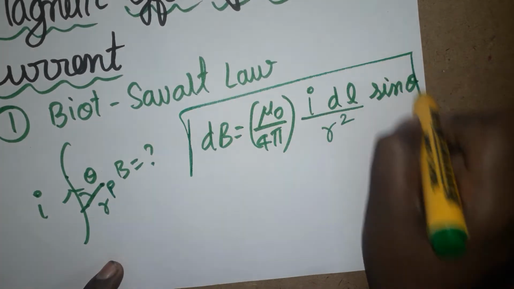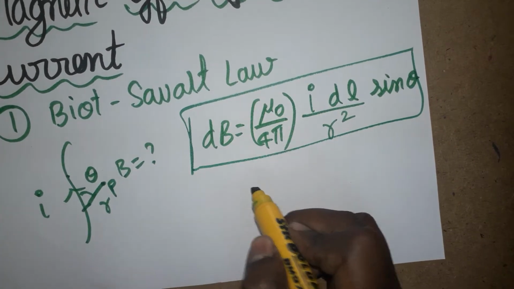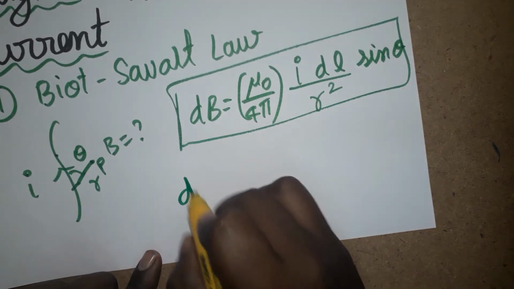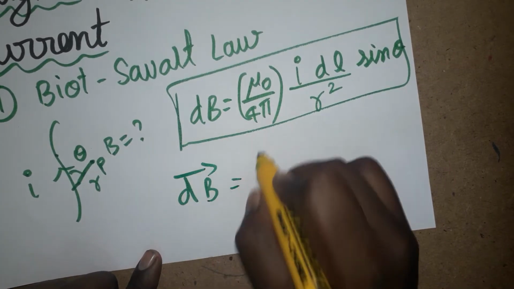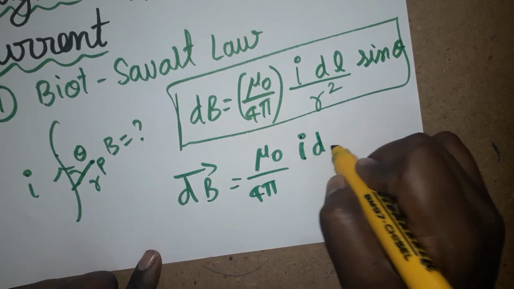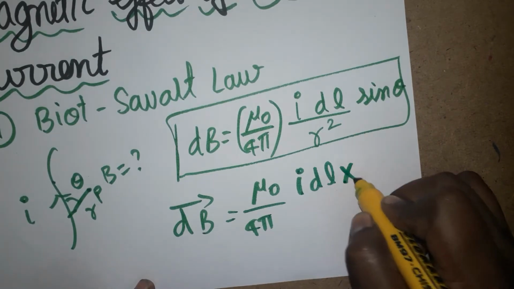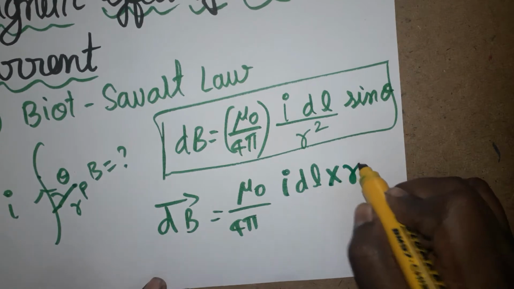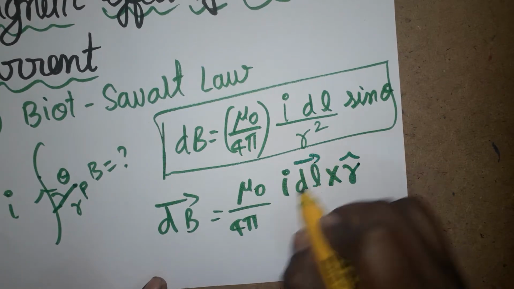So this is called the Biot-Savart law. The next thing, the vector form of the Biot-Savart law. The same formula in vector form: mu naught divided by 4 pi, I dl cross, a cross product, r unit vector, divided by